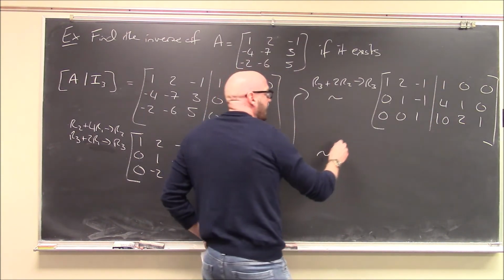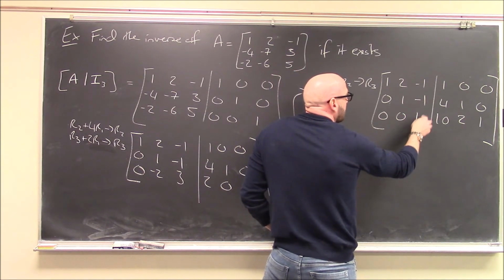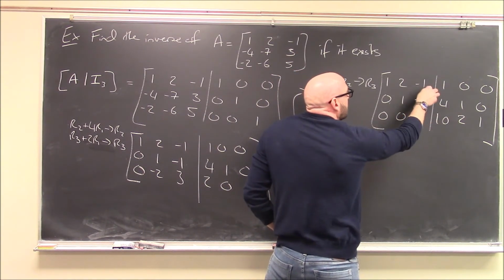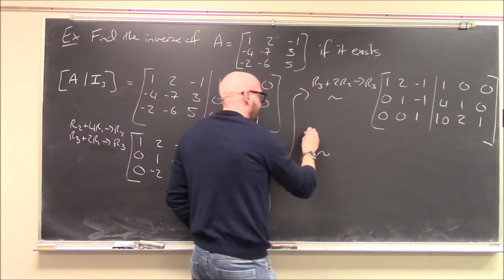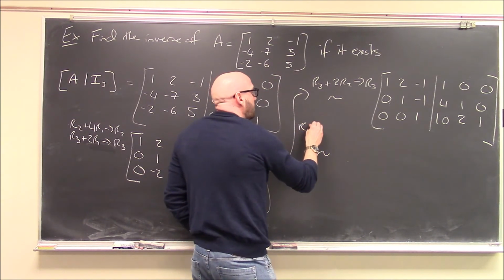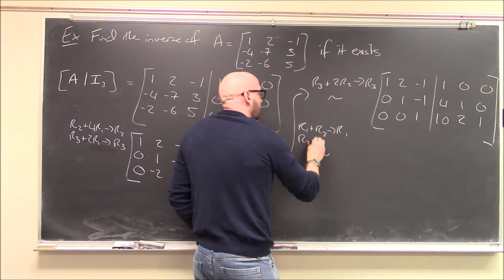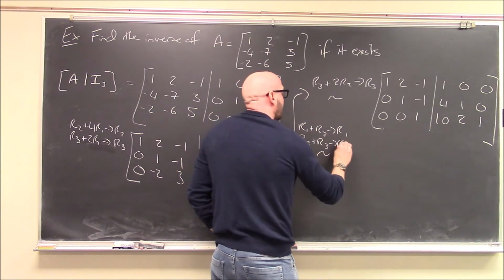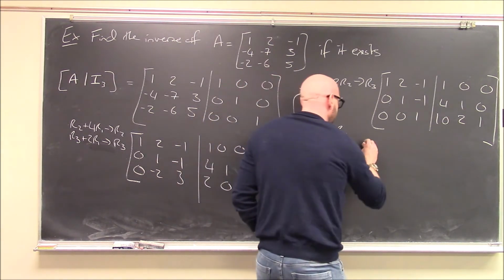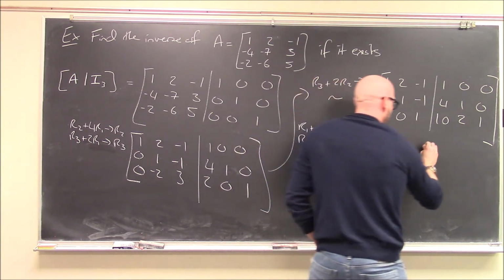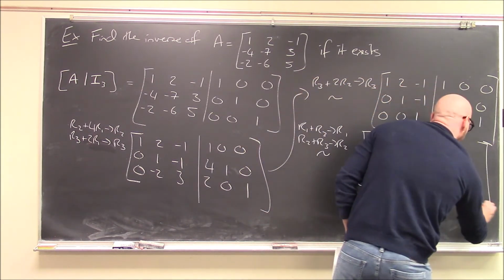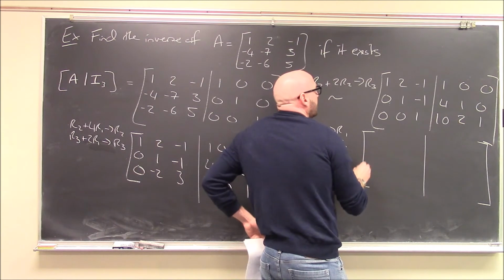So how am I going to do that? Well, I'm just going to add row 3 to row 2 and add row 3 to row 1 to put zeros here. So we'll do row 1 plus row 3 will become our new row 1, and row 2 plus row 3 will become our new row 2. Alright, so